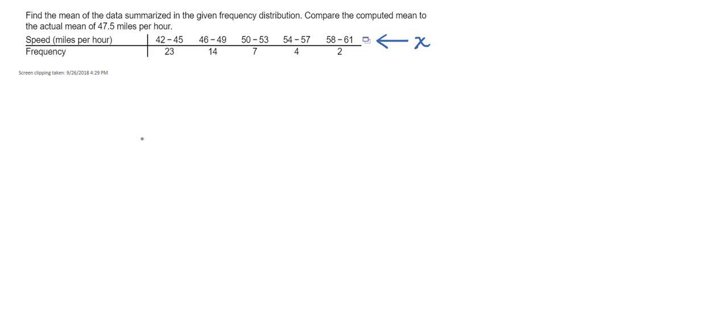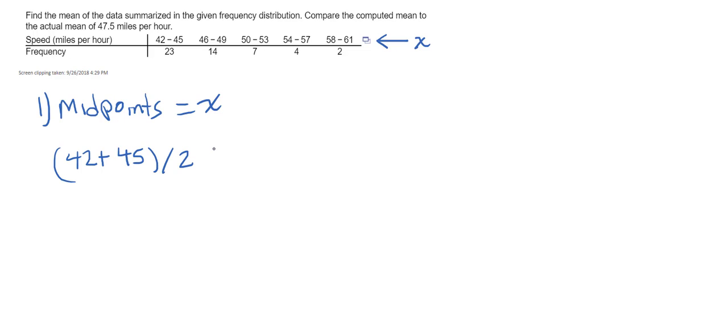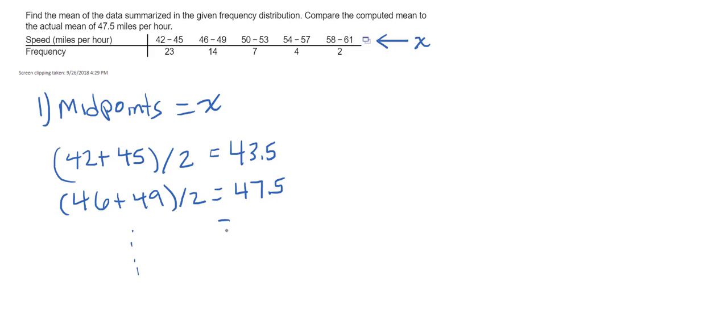The only thing that's kind of weird with this one is my x is a range. So when that happens, we just find the midpoints and call that our x. In other words, the middle point, right? So the first one, 42 plus 45 divided by 2, I would get 43.5. The next one, 46 plus 49 divided by 2, I get 47.5. And I continue to do this to get